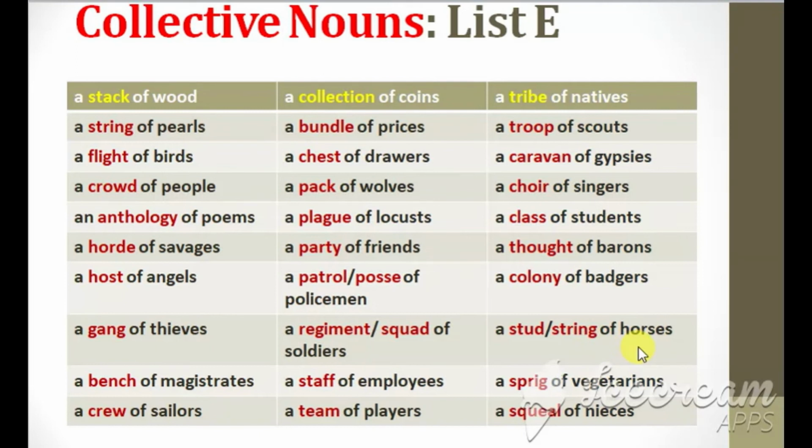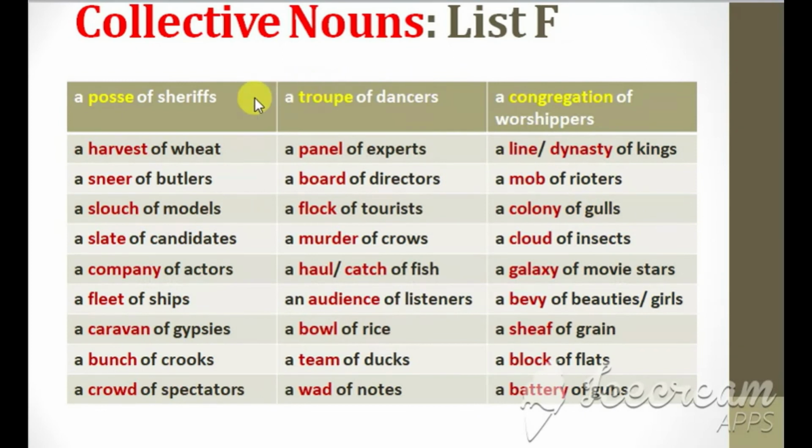stud of horses or a string of horses, a sprig of vegetarians, a squeal of nieces, a posse of sheriffs, a harvest of wheat, a sneer of butlers, a slouch of models, a slate of candidates, a company of actors, a fleet of ships, a caravan of gypsies, a bunch of crooks, a crowd of spectators, a troupe of dancers,